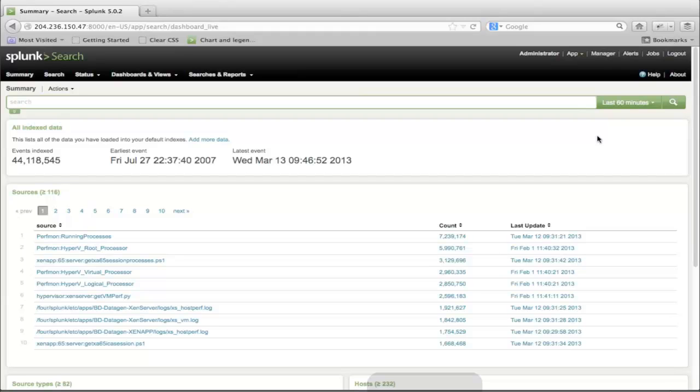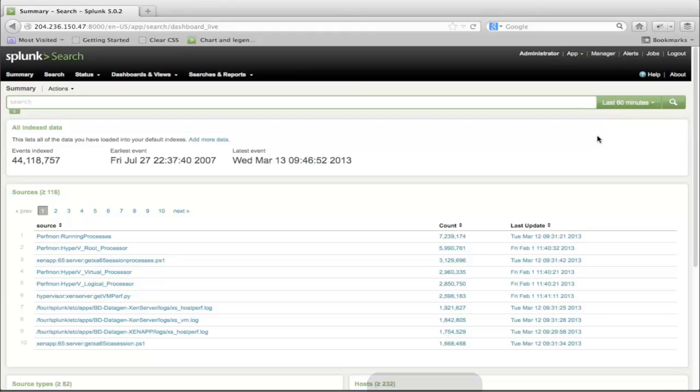Yep. So this is actually a hosted demo that I'm showing right now. It's up on an Amazon Web Services instance. I have this exact same demo running on my Mac laptop here, and I have some Windows VMs that I run this on as well. But Splunk will install on almost anything as far as the actual binaries go. So it'll install on Windows, Linux, HPUX, all kinds of flavors of Linux as well. Installing Splunk is very, very easy. It's just kind of a wizard where you click next, next, next, finish, and you have Splunk up and going as far as the platform for your data.